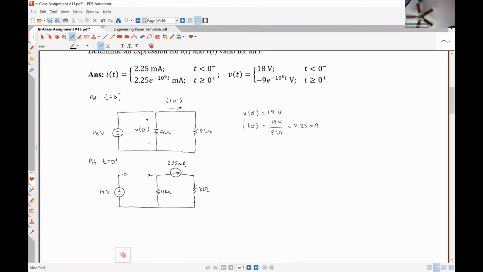So is everybody okay with me modeling my inductor as a current source at this specific instant in time? Yes, sir. Alrighty, so